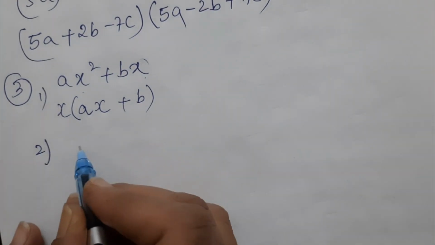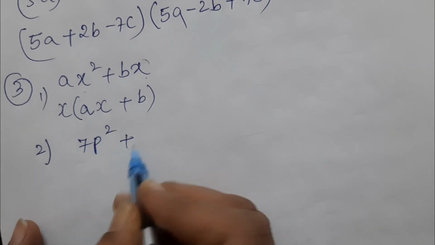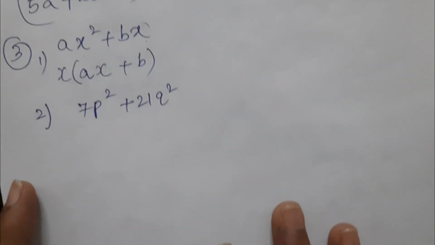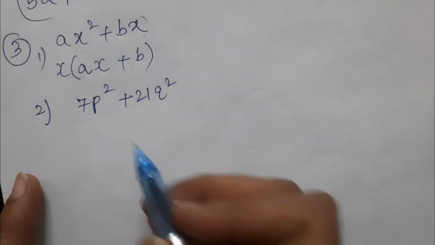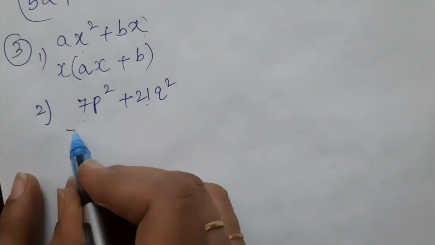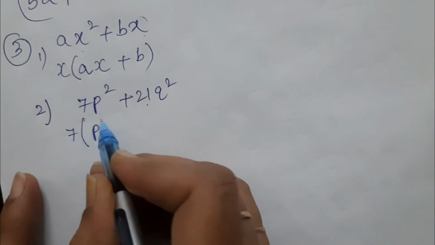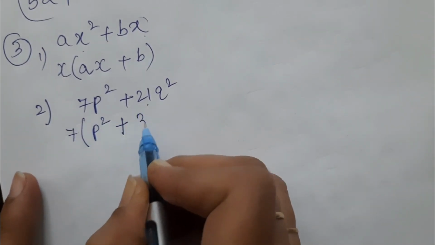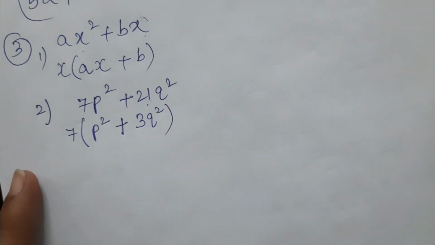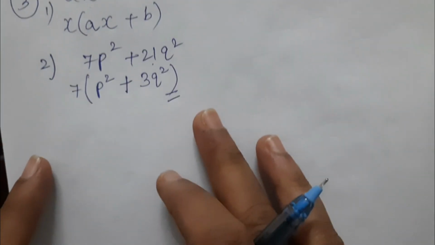Now the second question, 7p square plus 21q square. Exactly, your guess is the same. Here 7 is common, so we'll take 7 as common. So we are left with p square plus 7 3s are 21q square. This is only our answer. Now the next question,